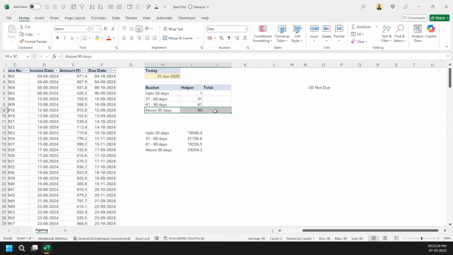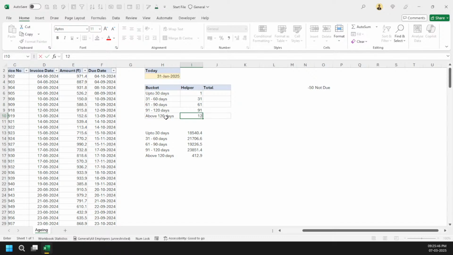So if tomorrow, let's say I've got more buckets here, right? And 91 to 120 days, and here I will say 120, and here I will say 91 and 120, 121, right? Just see here, it will quickly update automatically, and it is one of the best ways for dashboards, right?